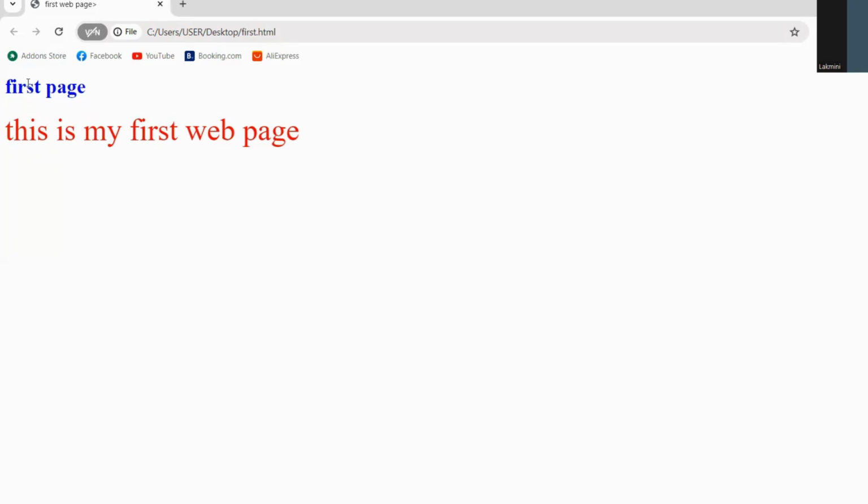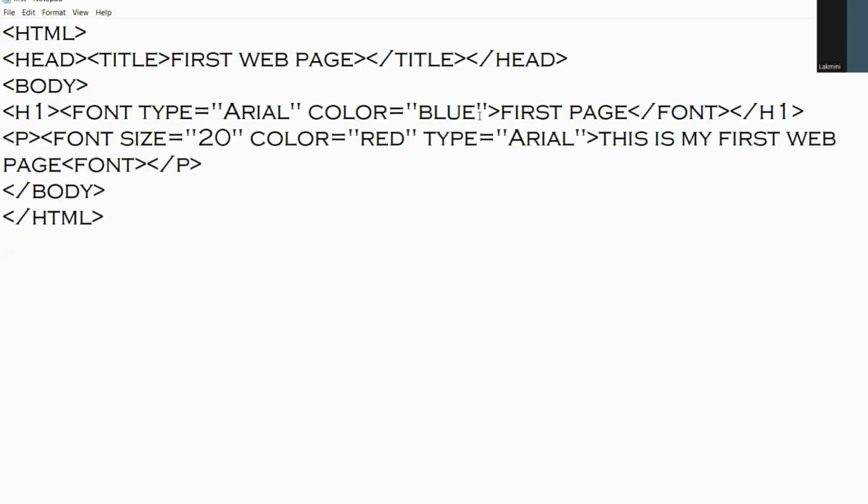But there's a problem. My heading is smaller than the paragraph. It can't be. So now I want to increase the font size of my heading. I will show how to do that. I insert